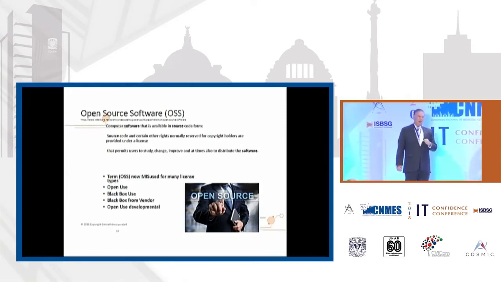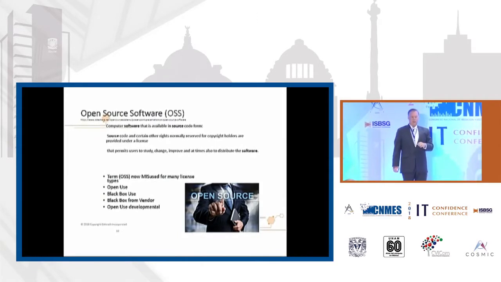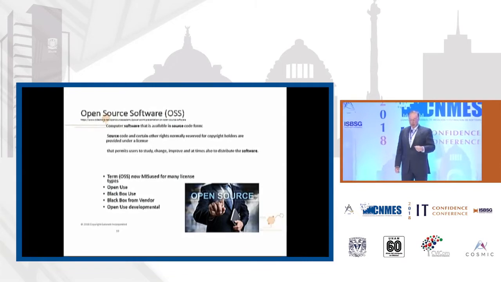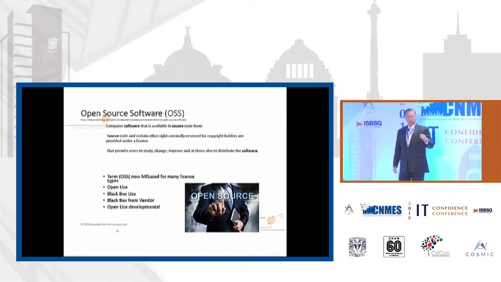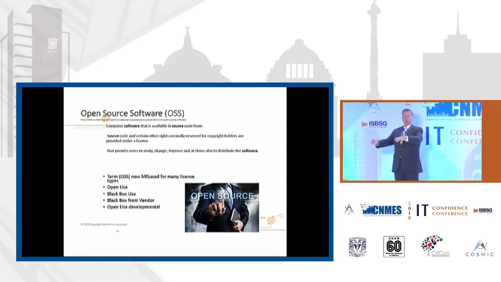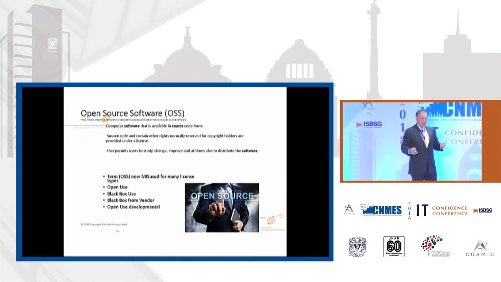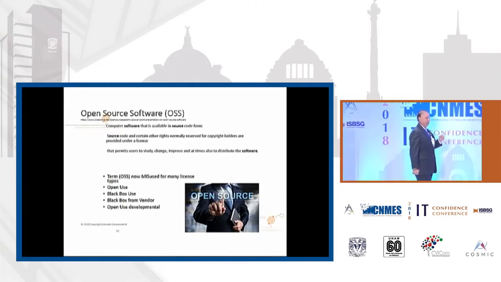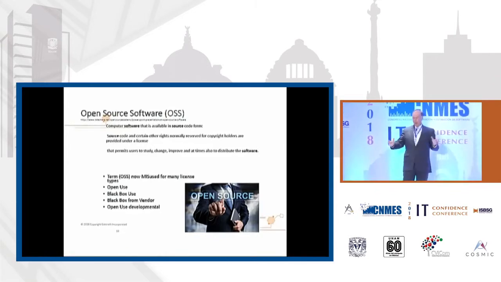So there's really 4 different kinds of open source software the way we look at it. There's open use, means you can go download it, you can GitHub or wherever, you can do whatever you want with it. Black box use, where for example you get software Linux and you don't get the source code, but you get the executable system and use it. Right? Black box from a vendor, and this is probably the most popular version of open source today, where you don't go and just do it yourself.